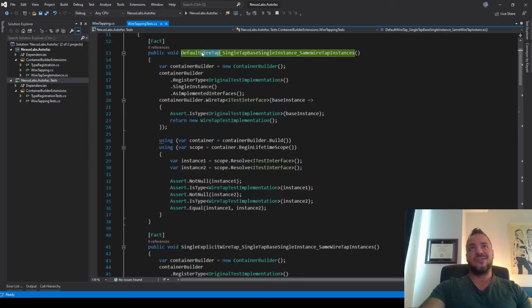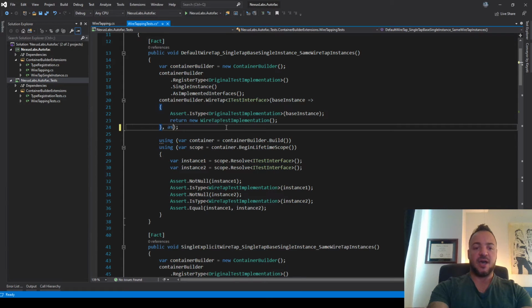Naming conventions for tests, people have their own things. I like to do method under test, then an underscore, then the parameters of the configuration of the test, then another underscore, and then your expected result. That's generally what I like to do. So the fact that this says default wiretap in front of it feels kind of weird, because the method under test is wiretap. I put default here because there were no other parameters in this case. It's completely omitted. There are other tests that have some other stuff here. Those ones are not called default. They'll be called something else. But anyway, that's what the default means.